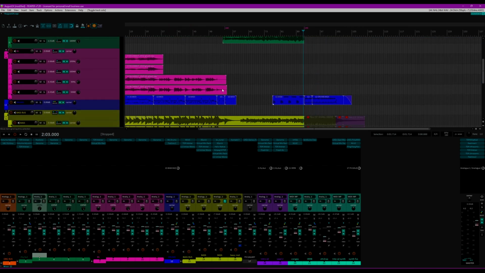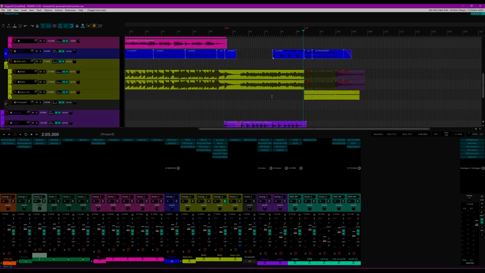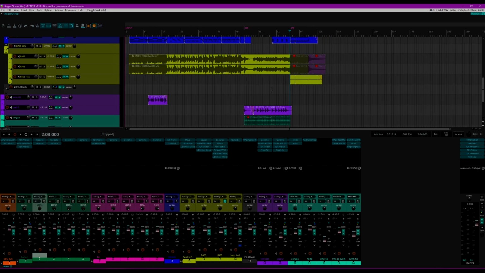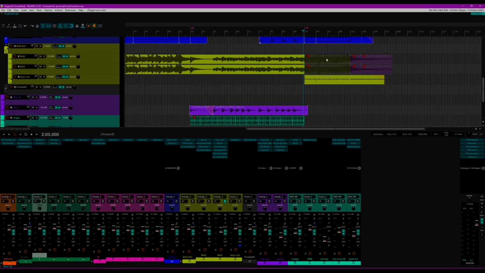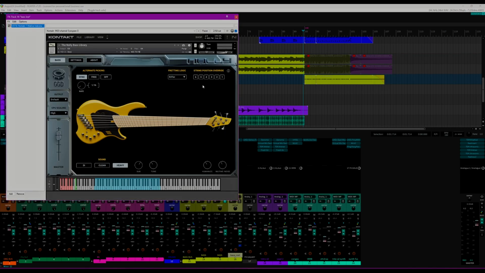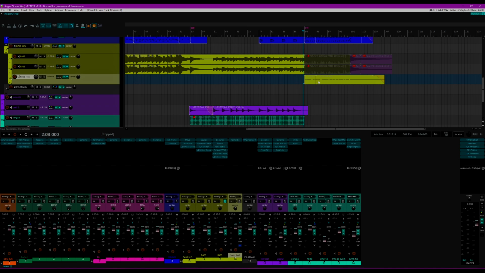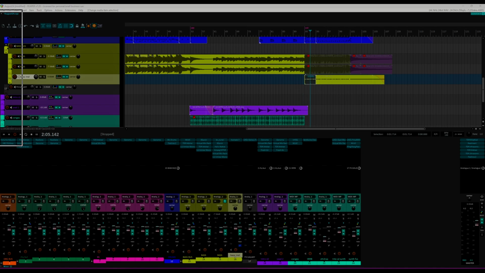Okay. And then let's see what else. Oh, for this section, I had the original bass, the real bass that I played first, but it just wasn't as tight as I wanted it to be. So I just loaded, let's see, Nolly, put some sub on it and changed the tone a little bit for this section and just programmed it really tight